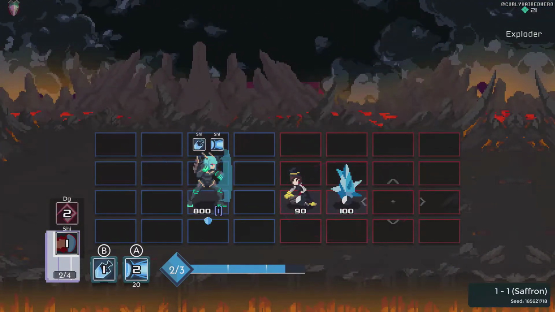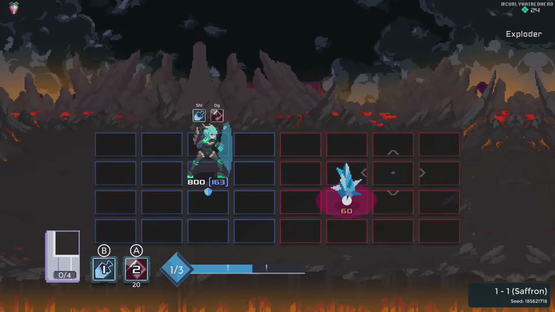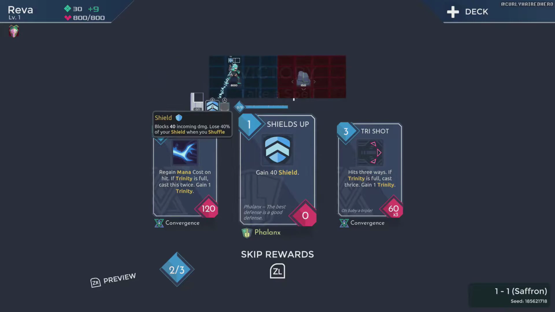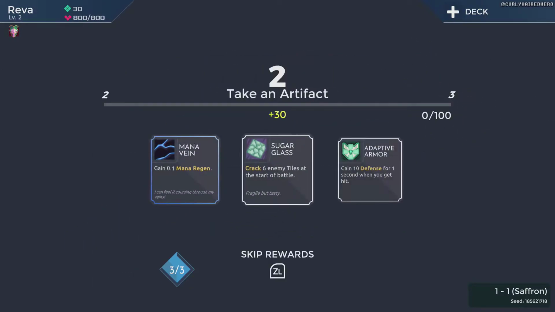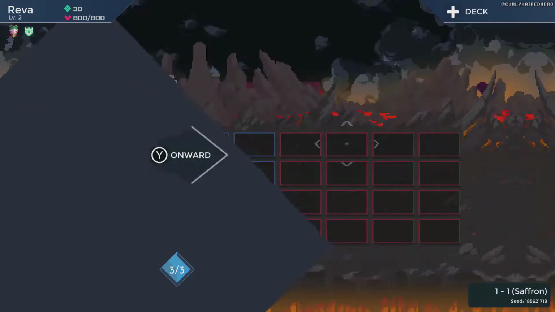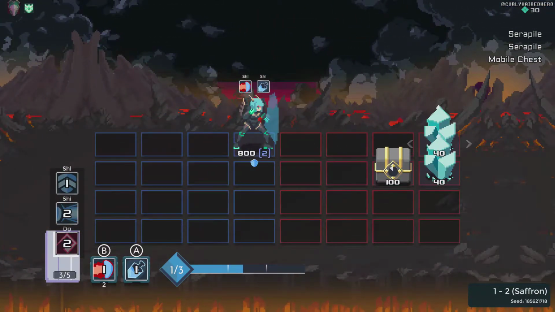I have nothing that I can do for this, really, unfortunately. And I'm just going to basically just get any skills that I can that increase my shield, or do anything of the sort that I find useful. So let's see. I'm going to take adaptive armor here because there is an artifact that allows me to...